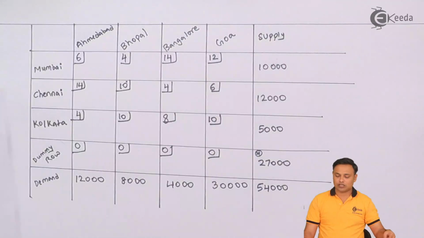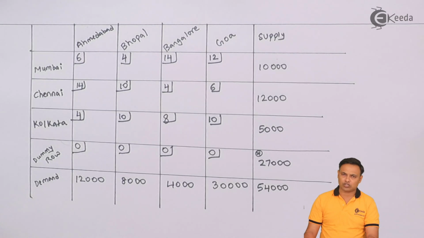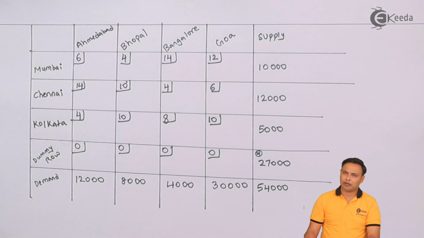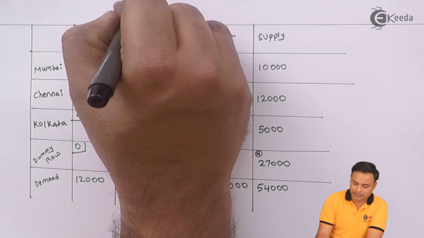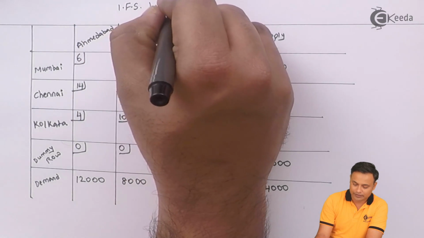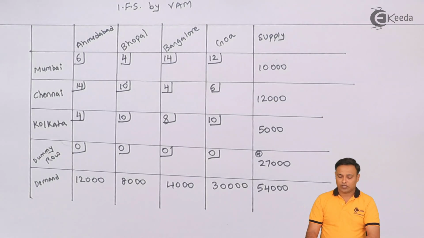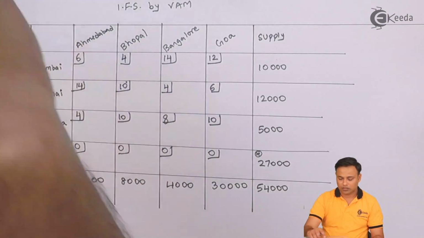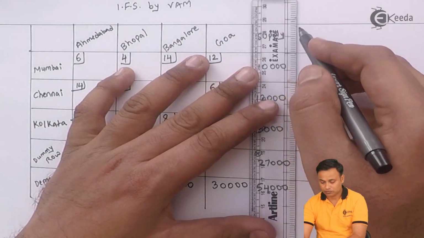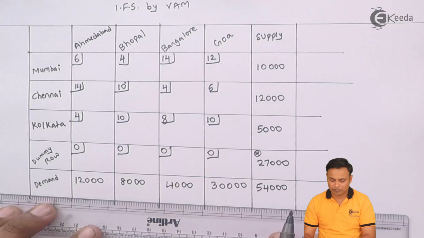Let's try to solve this problem by VAM method. So we are trying to find out the initial feasible solution by VAM method. So let us note down here, IFS by VAM method. How to solve? We'll go row wise first. In the first row, my lowest